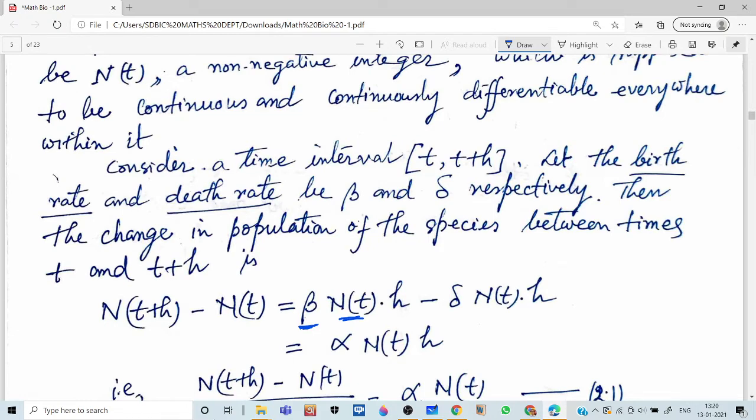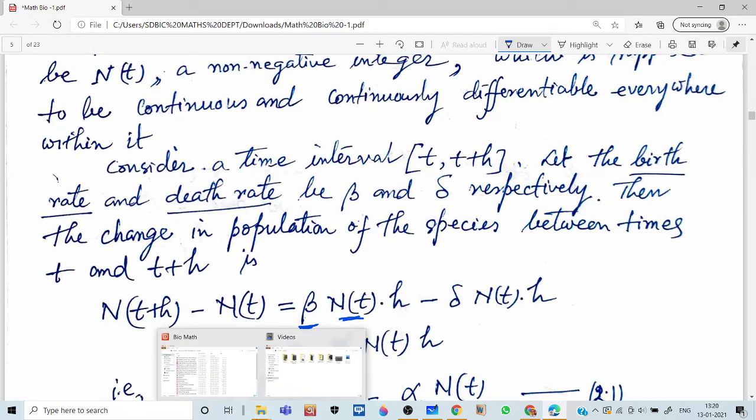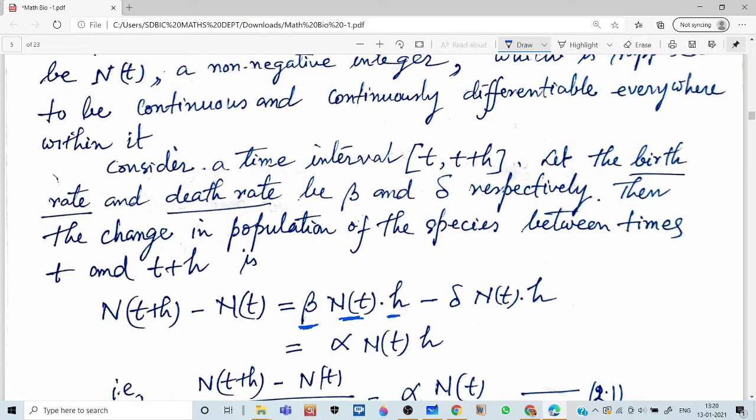N(t) is the number of population. So in time h, the length is the time interval h. So this is t, and this is the time interval, and this is t plus h. So after time h, this is the total birth in the time interval h,